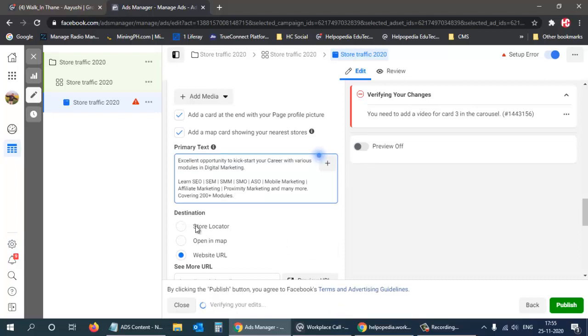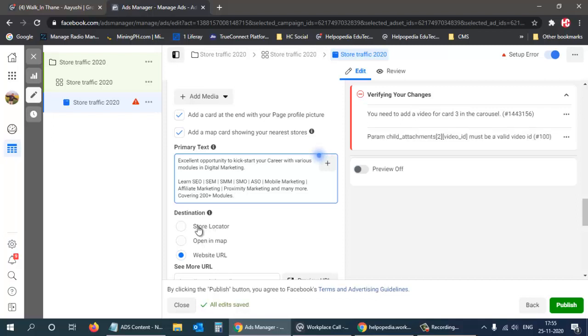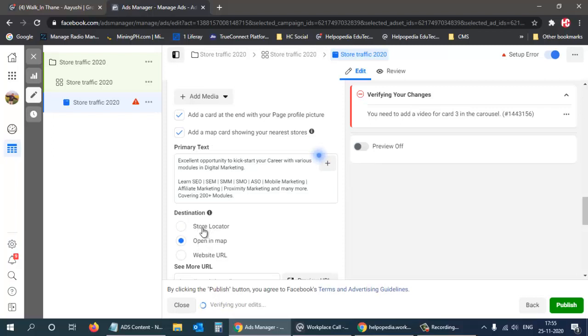So under destination we can select a store locator, open in map or website URL. Either we can provide website URL, or since it is a store, we can provide a store locator, or we can say open in a map. These both options are good options for this kind of ad where people are physically coming up. So I can just say preview on.